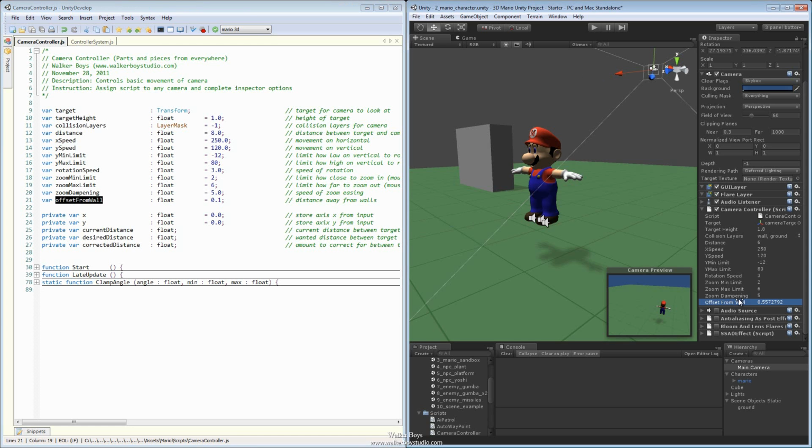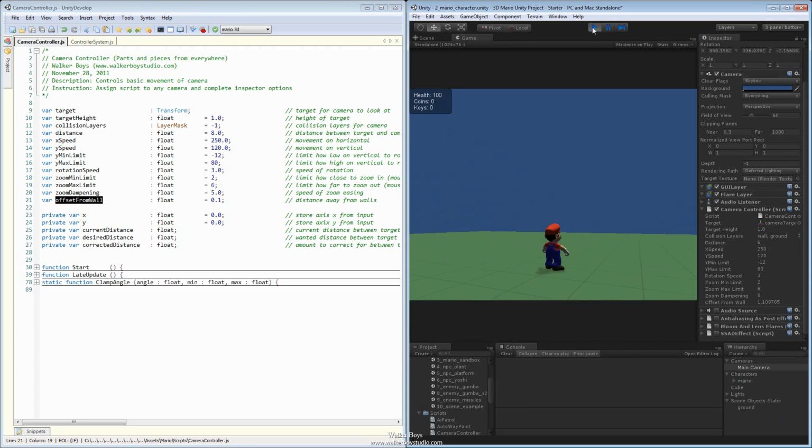If we were to set this one up just a bit more, say to about 1, then when the camera comes down, notice that the camera actually stops at this height. I can't take it down any further. So we can set things to be much further away from an object, which reduces the clipping. There'll be a lot less clipping visible with that distance, but you have to be careful how much you pad it, because if it's too much, you may have issues going between objects with the camera. Alright, and then the last couple are private variables,